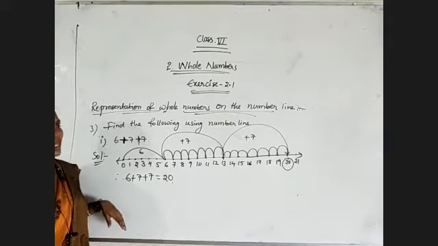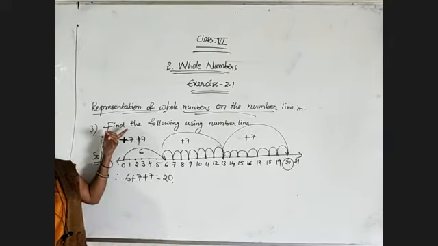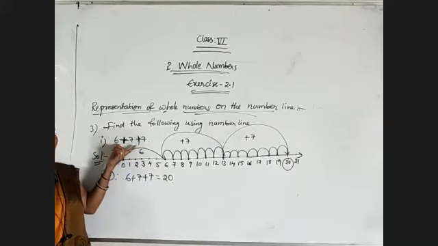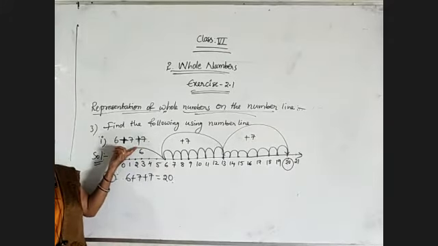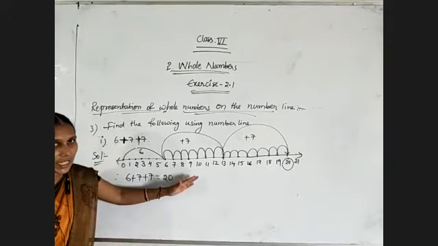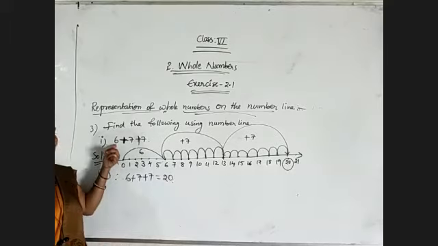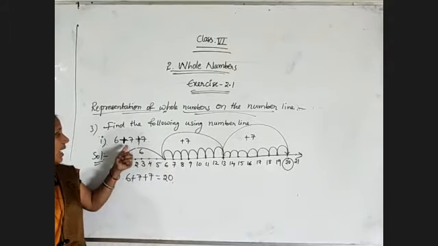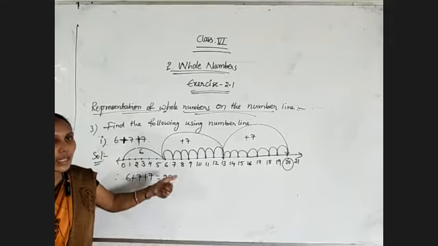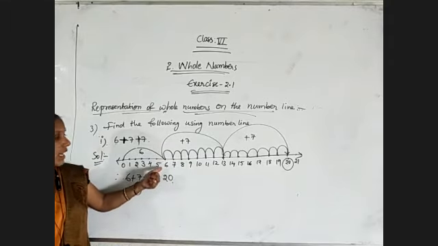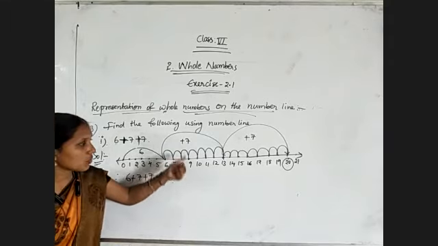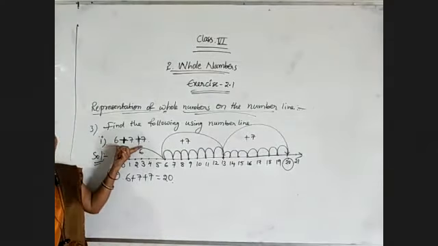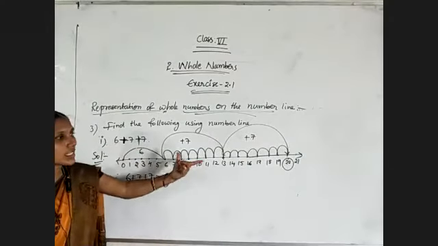So observe once again, whenever we are using the number line, if you are going to add the numbers on the number line, you have to move right side on the number line. So what is the first number? For that, 0 to that number move directly. And after that, step by step, count and move from that result where we have stopped. From there, move step by step. Okay, here because 3 numbers are there, so that's why we got 3 steps.